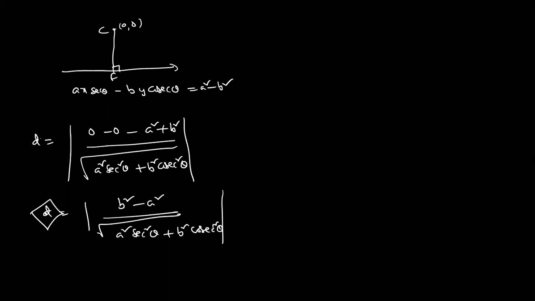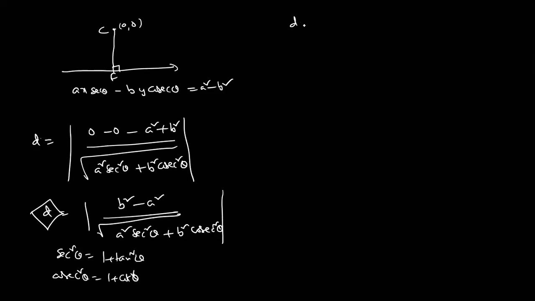Now, the question is, what is the maximum value of D? The maximum value of D means the numerator must be minimum, you should understand. In this case, we can apply the derivative, but it is very, very complicated. So what I'm doing, every time for minimum or maximum in trigonometry, I convert into either tan or cos. That is the simple method. So dear students, what I'm doing, secant square theta, what is the formula? So I am using this formula.